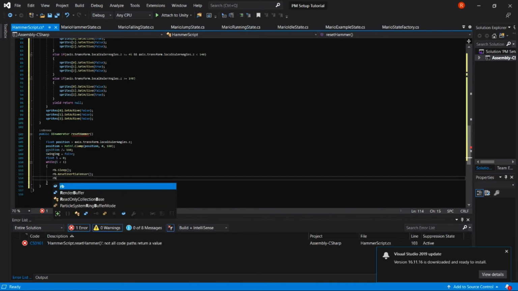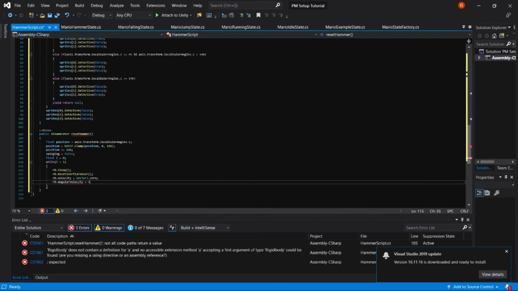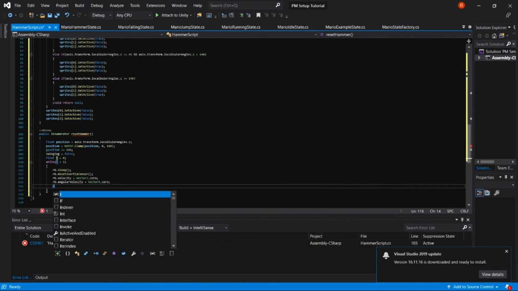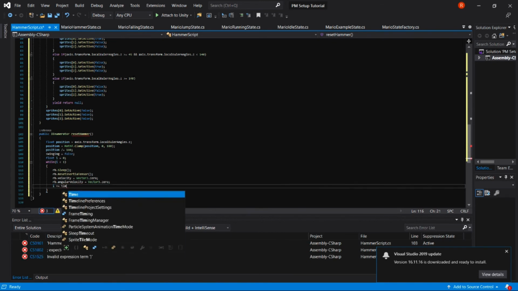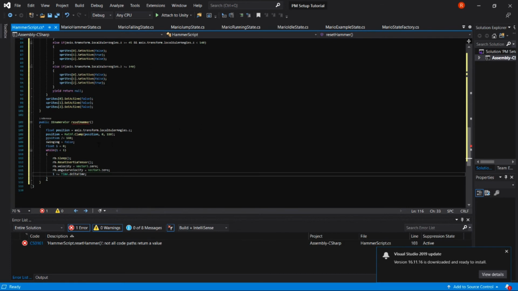We're going to do some more stuff like this. We're going to say rb.velocity is set to Vector3.zero, and we're going to do the same thing for rb.angularVelocity, set to Vector3.zero. And we're going to say i += Time.deltaTime. So I actually lied. I didn't realize I was lying. This is not going to only be called once. This is going to be called, i is going to be set to 0, and then as we keep doing this,